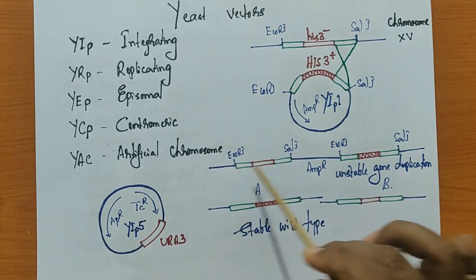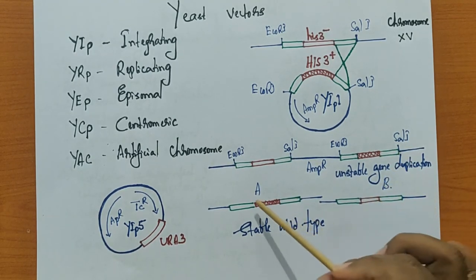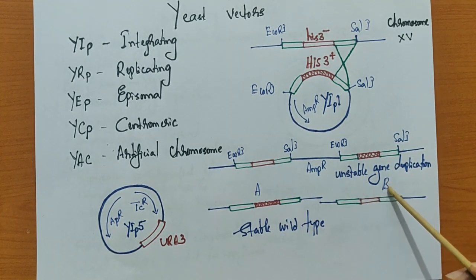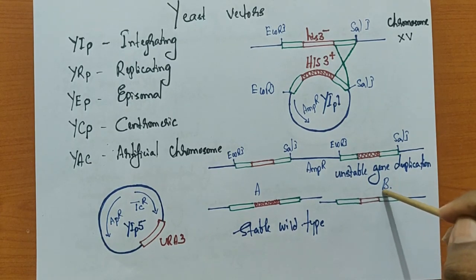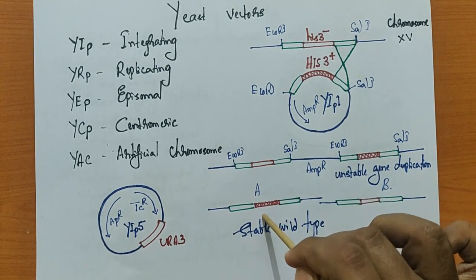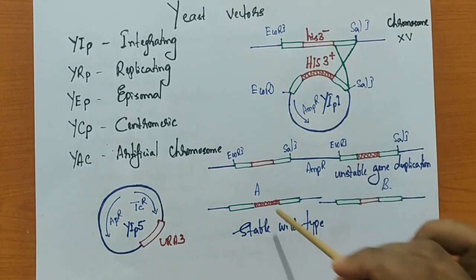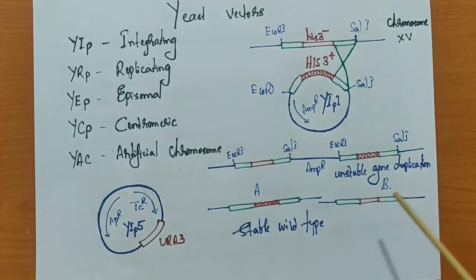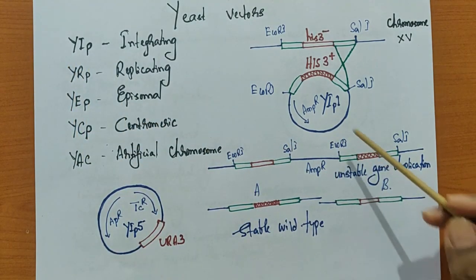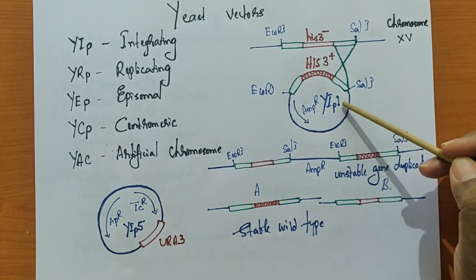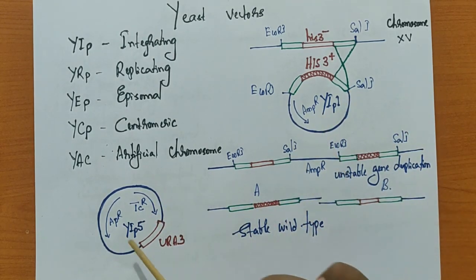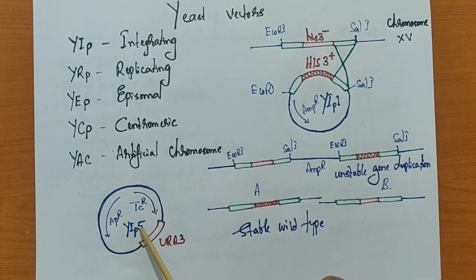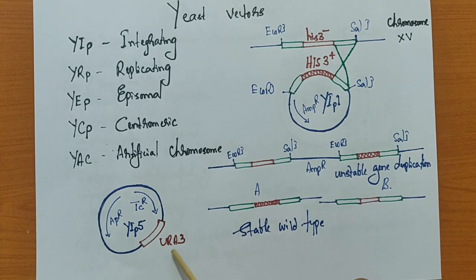So now because of this gene duplication, we have two kinds, the A form or the B form. Suppose the B form is eliminated, then we are going to get a stable wild type which is integrated, and if this is eliminated, then this is not going to be viable. Now this is what is called an yeast integrated vector. So that is YIP1. The other integrated vector they have designed is YIP5, which is a derivative of pBR322. Then they are going to use URA3. So these are the two examples.